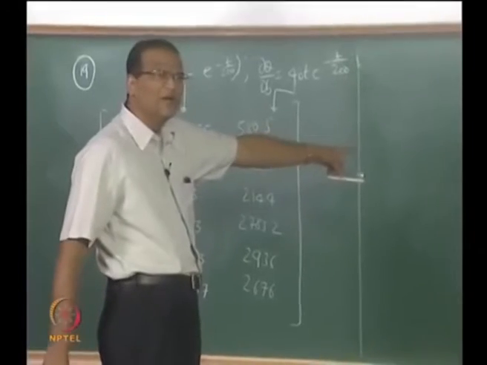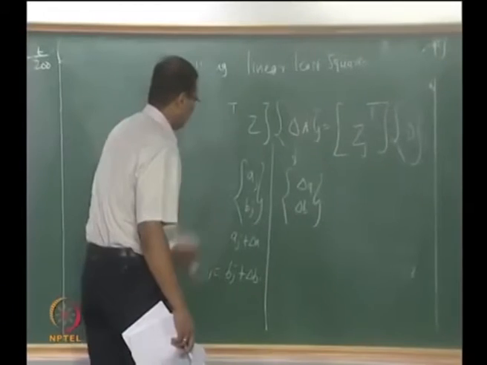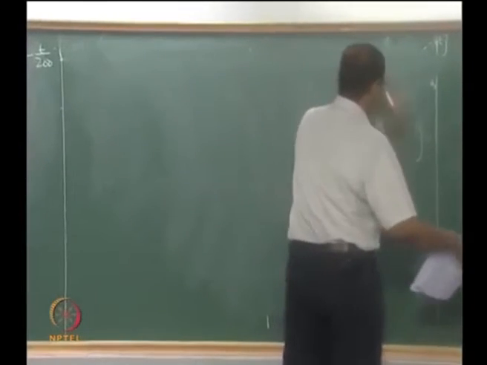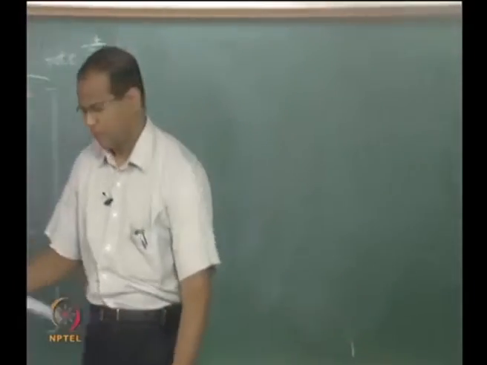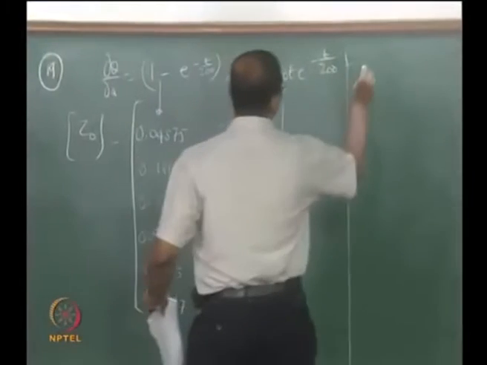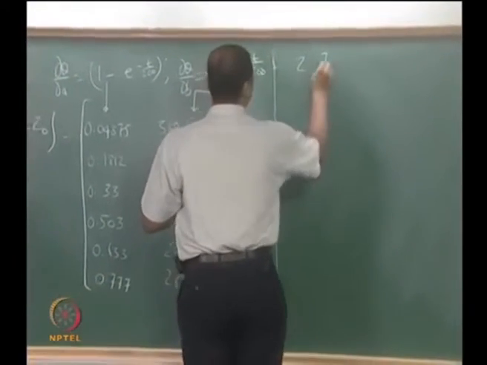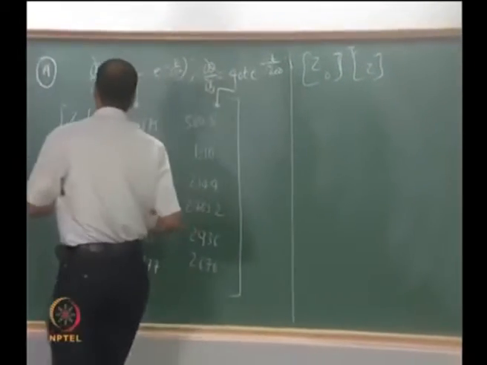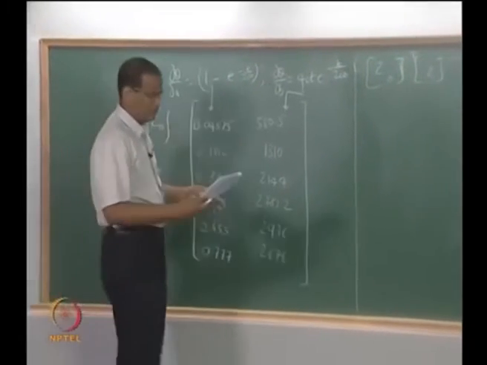Okay, shall I erase the main one? Everybody has this, right? Now, why is it z naught? We are starting with that 0th, right? So,